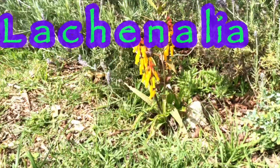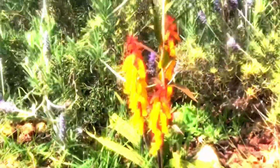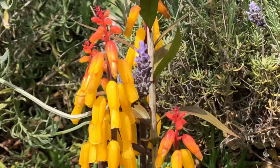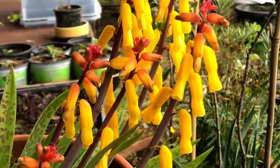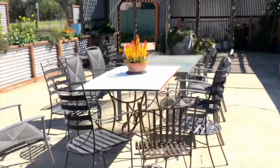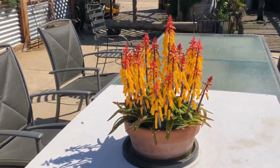Laccanalias. Now these must have been my first favorite flower from when I was a little kid, 3 or 4 years old. I remember my grandmother Nana Packer had some by her back door in a little pot and they just didn't look real to me. They looked like little bananas, and as a child I always called them banana flowers, but their common name is